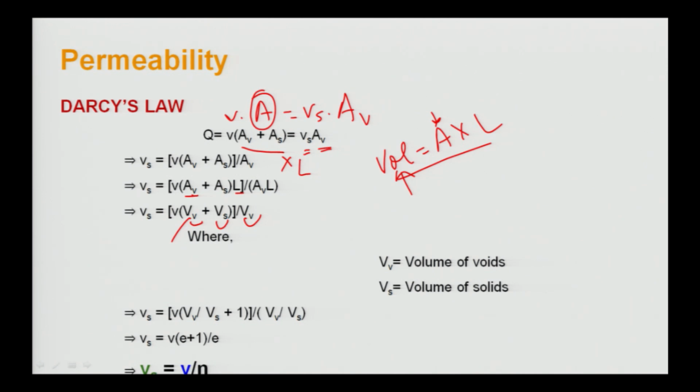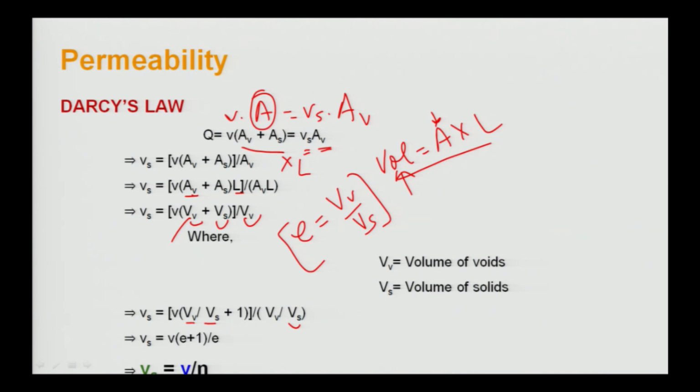So, this Vs, when we simplify it and take something common, that is 1 upon Vs divided by 1 by Vs. So, it will be Vv by Vs plus 1 in terms of this one, and here the denominator will also be divided by Vs. So, here it also comes Vv upon Vs. We already know that Vv by Vs is equal to the void ratio, this term. So, we will be using this thing here,